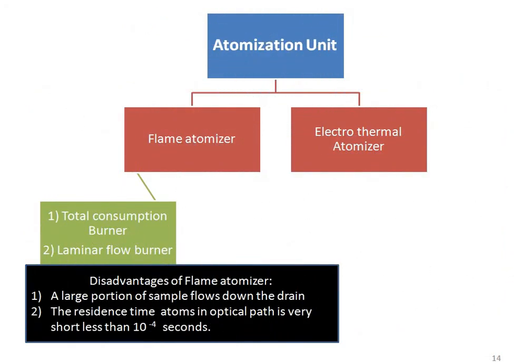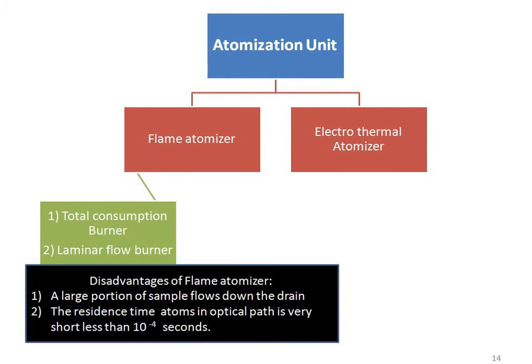Now coming to the atomization unit. The atomizer is the sample cell of an atomic absorption spectroscopy system. The atomizer must produce the ground state free gaseous atoms necessary for the atomic absorption spectroscopy process to occur. The analyte atoms generally present in the sample are in the form of salts, molecular compounds or complexes. The atomizer must convert these species to the reduced free gas phase atomic state. The atomizer generally does this via thermal energy, and some chemical reaction is also involved.